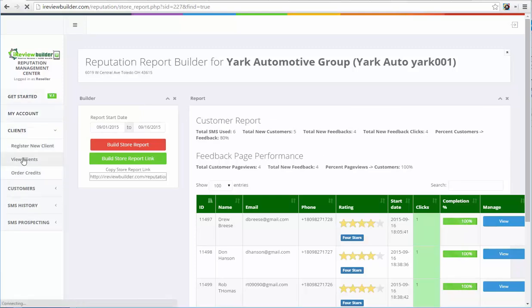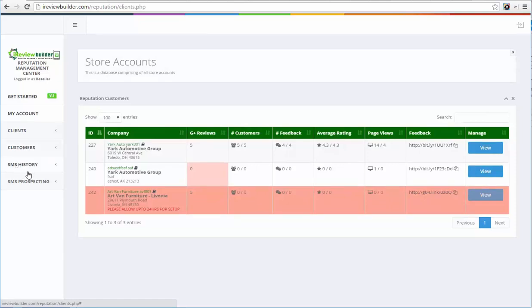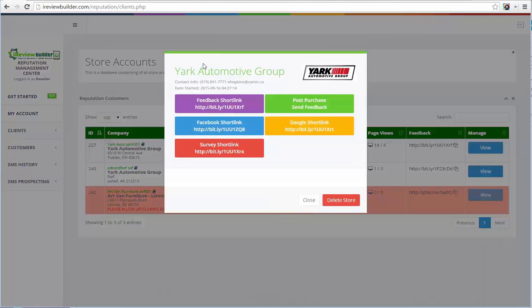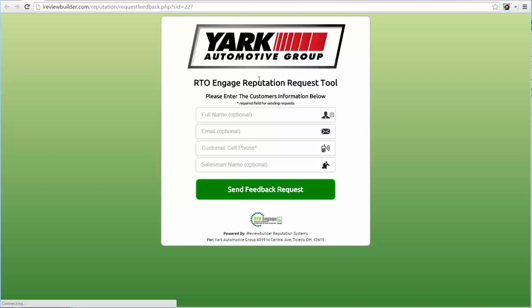Back to View Clients here. Now you can come over here and click on Manage, and this is where you get all the details that you're probably going to need for training. First is the post-purchase send feedback. This is what you're going to train the store how to fill in the information to send to the customer to get the